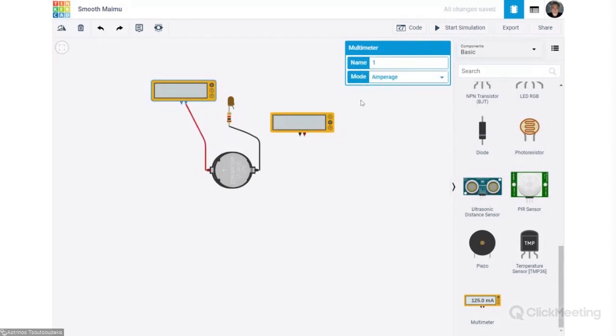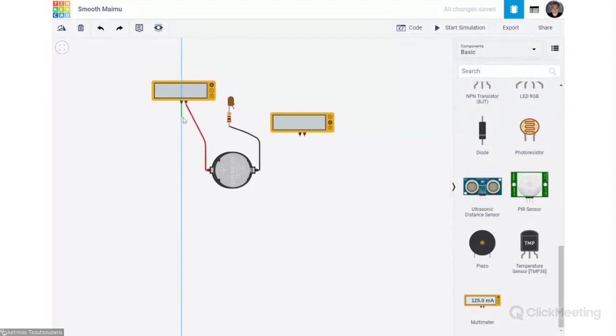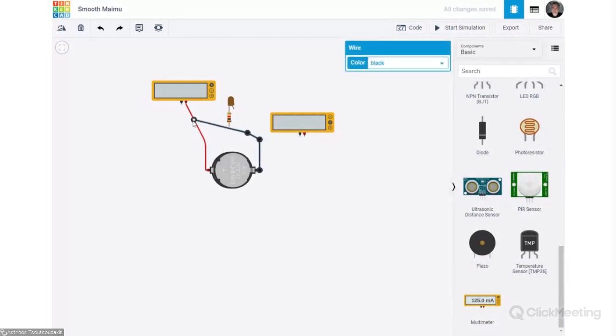Okay, amperage. And if you disconnect ground, then you continue with ground. For example, if I don't want this kind of connection for any reason, I can